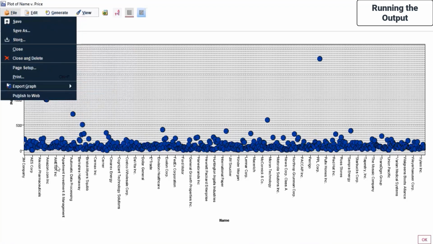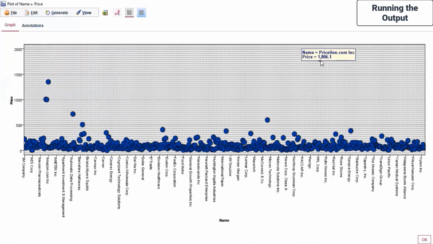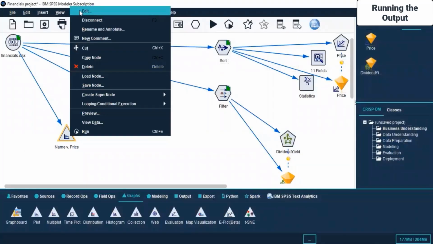But out here we see that there are relatively fewer companies where the prices are higher. Most of these are summed up at under $100 or close to 300, 400. Maybe this is 500. This is what, 300. So most of these are either under 400, between zero and $100. But okay, this is the output that we have generated. Let's click OK here. We can also, if we click on edit,